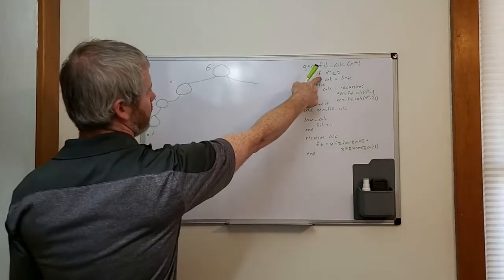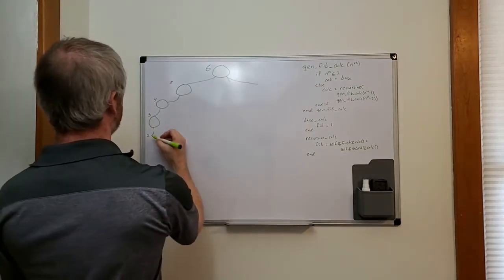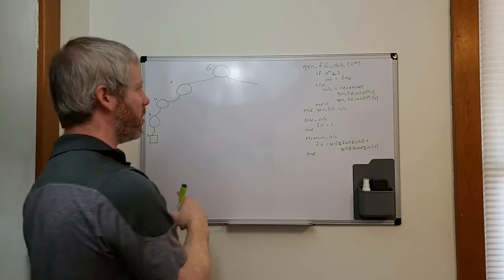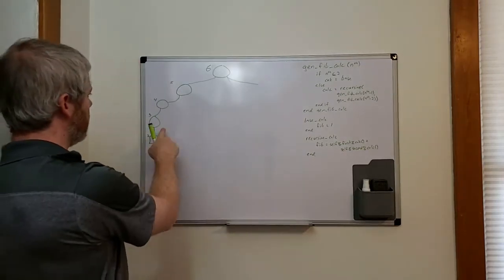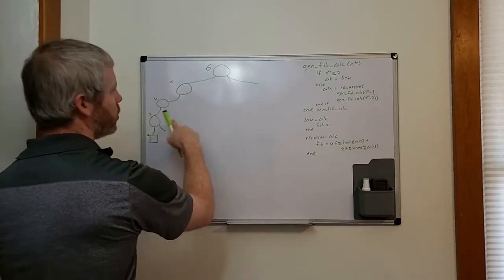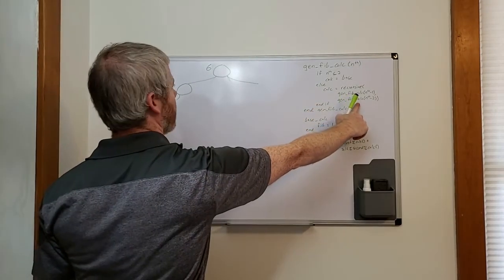So now we have less than or equal to 2, so that's the base case, which I'm going to draw a square for. So now we can come back up here, and 3 with n minus 2 for the other branch,